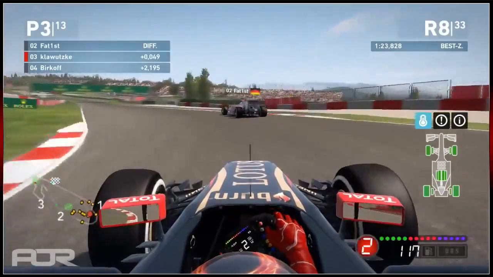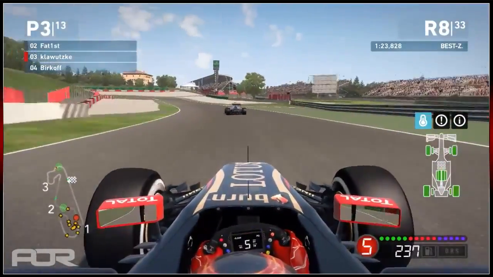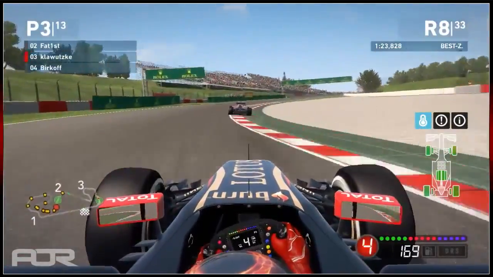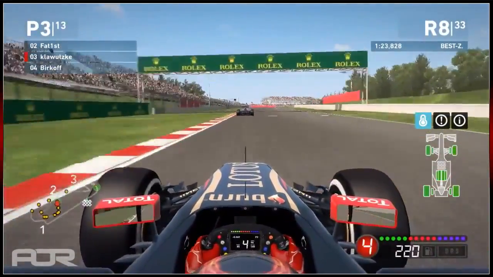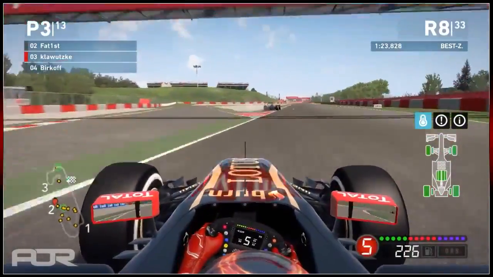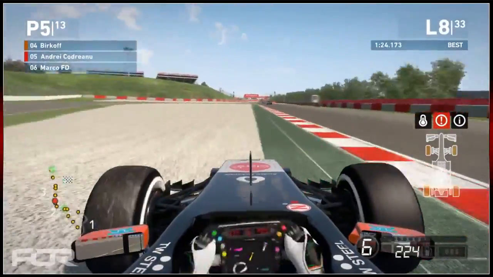So he's going to have to pretty much sit behind Fat First for the next few corners. After turn 9 at the top of the hill, of course, is the second DRS activation zone, and he will have another shot this lap to try and overtake Fat First, but certainly overtaking locations are limited on this circuit. I'd say we're limited down to turn 1, turn 4, and the hairpin at turn 10, which we're approaching now,